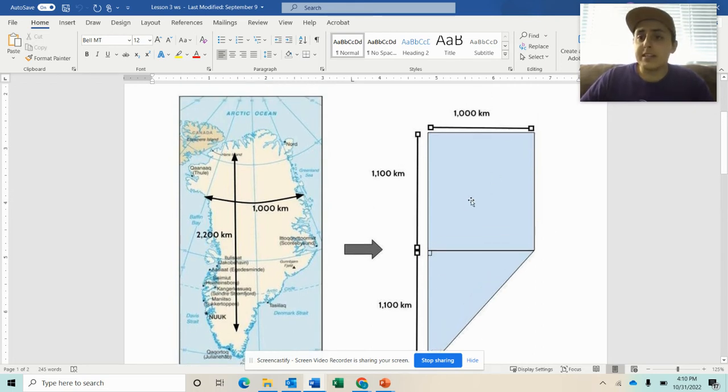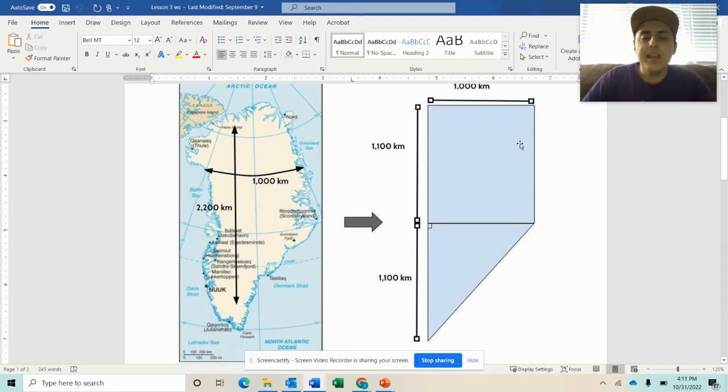And remember, area is length times width. So if we were to figure out the area of this square, 1,000 times 1,100, that is 1,100,000. So that's the area of just this square right here. To find the area of a triangle, you do length times width, but you divide by 2 because it's half of a rectangle. So whatever half of 1,100,000 is,